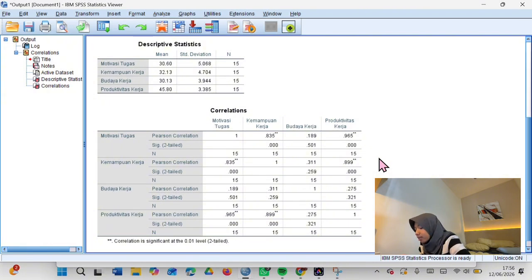Work ability also shows a very strong positive relationship with work productivity with a correlation coefficient of 0,899